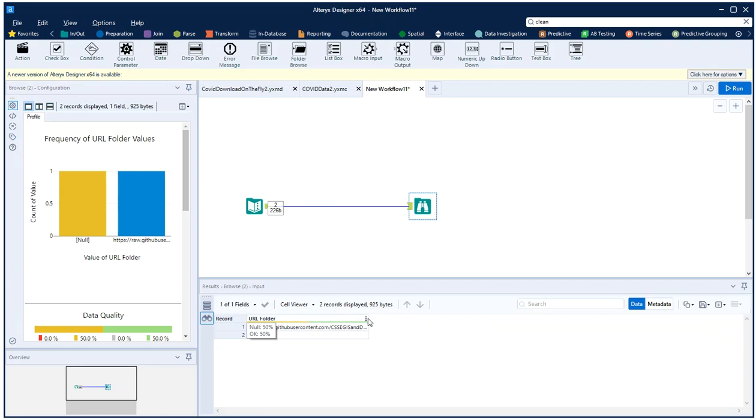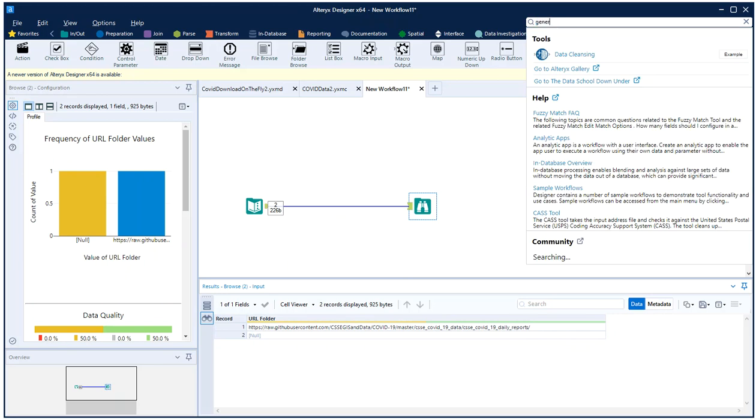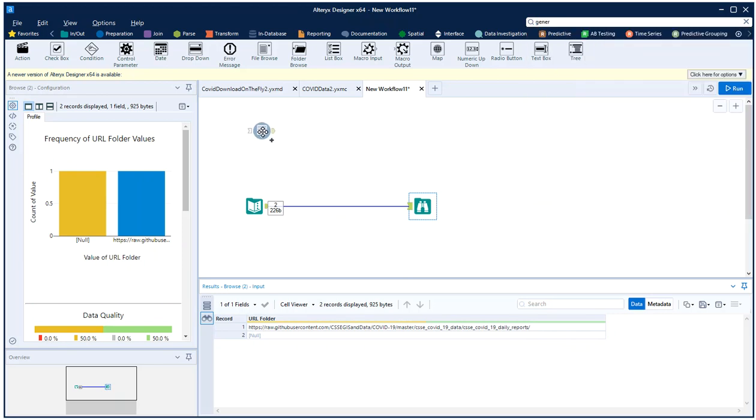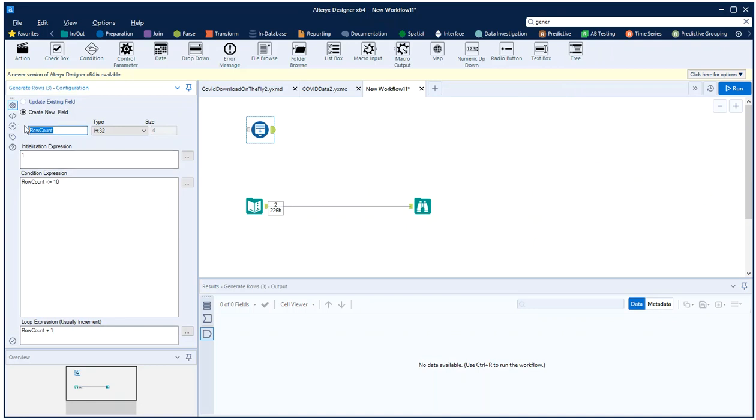So this particular piece of text here, what we need to do is add on the end of those every one of those CSV files. So without having to type all those dates in again, I'm going to use another tool here called Generate Rows. I'm going to generate all those dates. So I'm going to call this one raw date. I'm going to make it a date data type. And the initial expression is going to be, let's start with 2020 January 22,